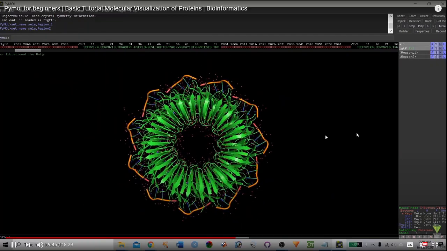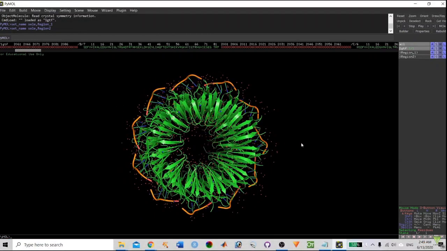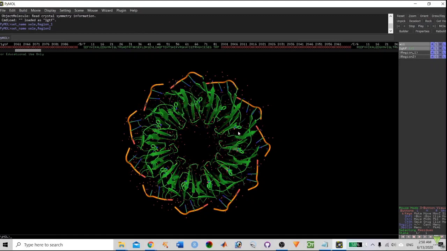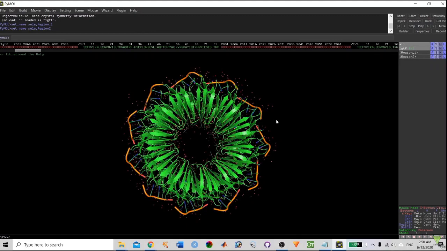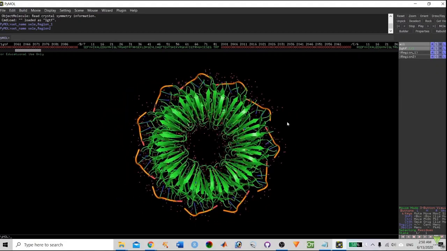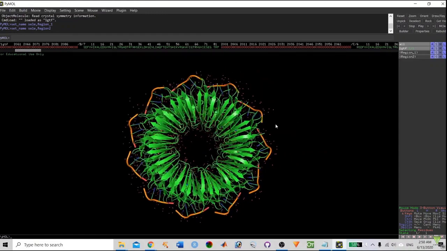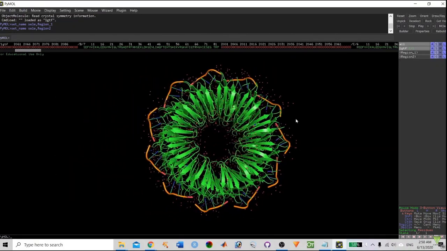Okay, so for spinning the molecule, you need to hold the right click of the mouse. If you scroll down, you will find the depth of the protein molecule. If you hold the mouse wheel, you can easily change the position of the protein molecules.